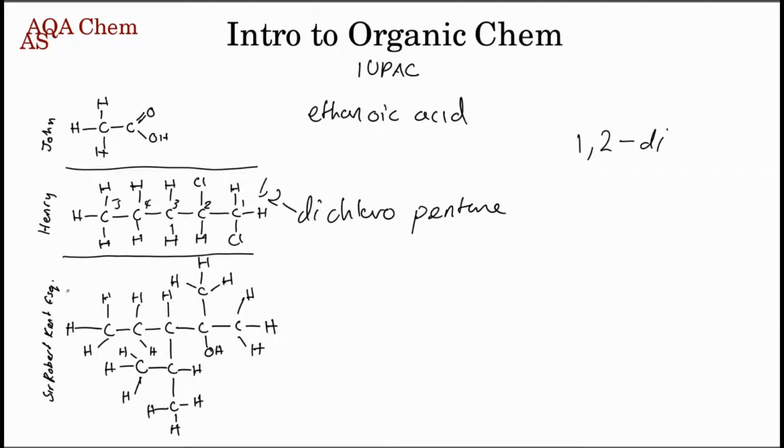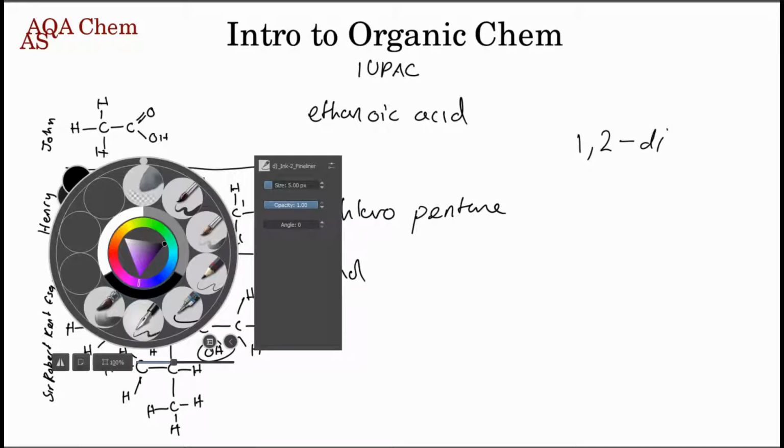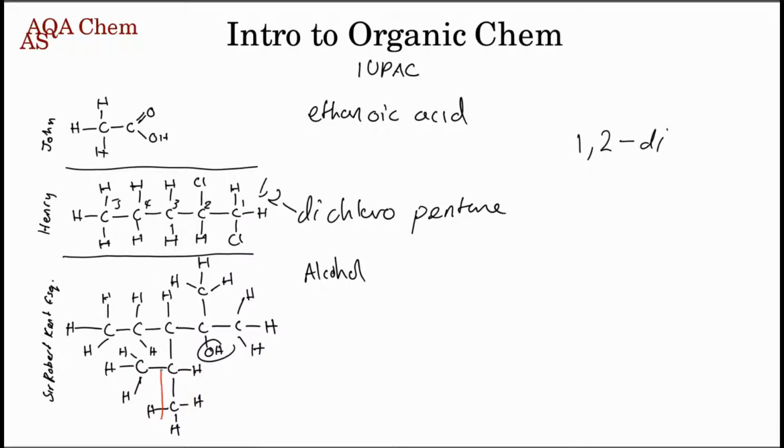And now we move on to Sir Robert Kent Esq. No relation to any real Sir Robert Kent Esquires, of course. Now, this is an absolute monster of a molecule. It's disgusting. But it does have an OH group, so it is an alcohol. We know that, but now it has chains. How do we deal with branches and chains and all of that stuff? Well, step 1, after finding the functional group, of course, find the longest straight chain, which, let's highlight it in red, in this case would be this one.